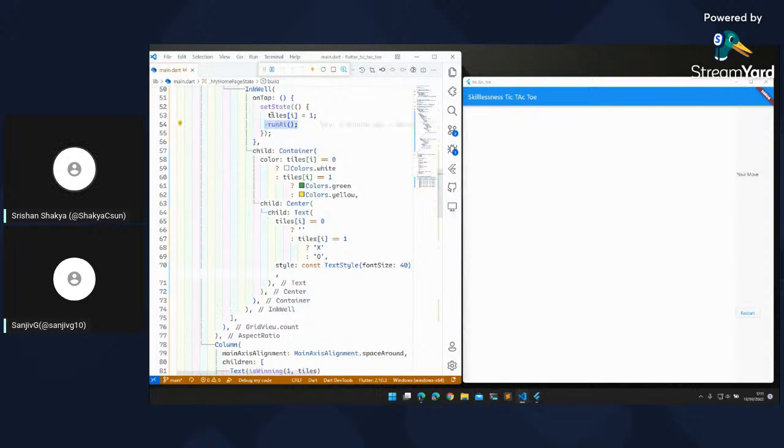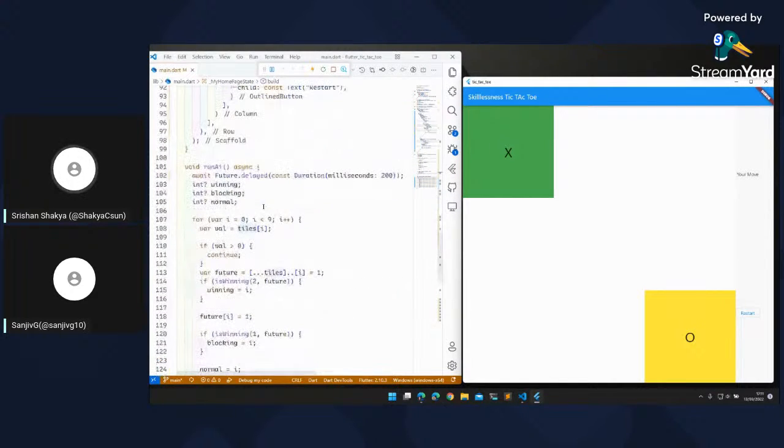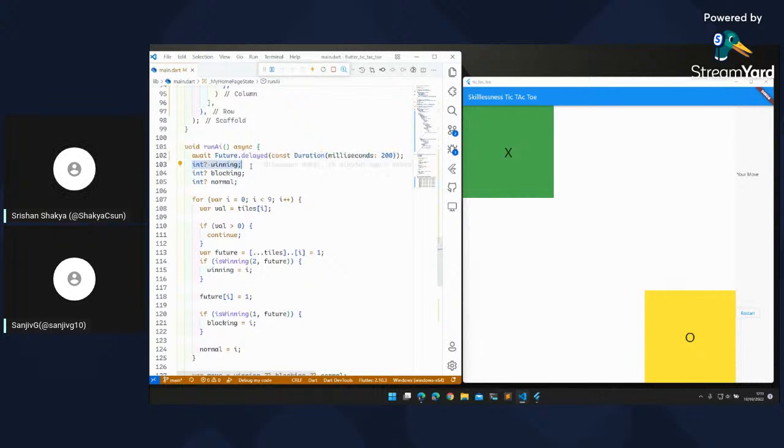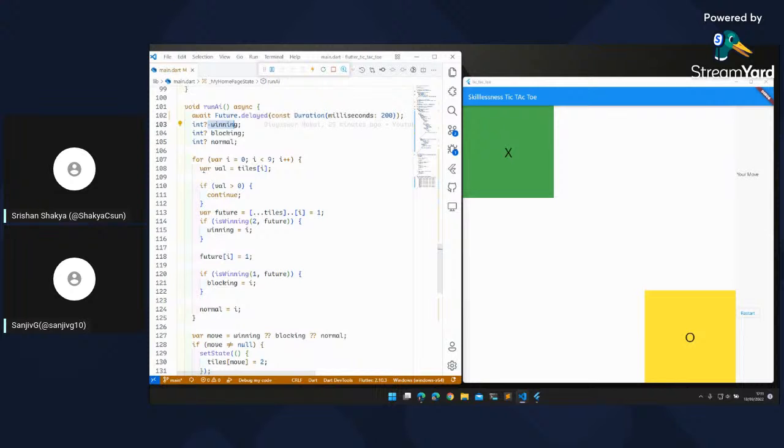So the run AI function is called whenever we click, and what the run AI function does is wait for 200 milliseconds, that is 0.2 seconds, and run all this code. So we have int question mark, which is a nullable integer. So this winning variable can either be null or an integer, and same with blocking and normal. We just create a for loop and check for every possible combination.